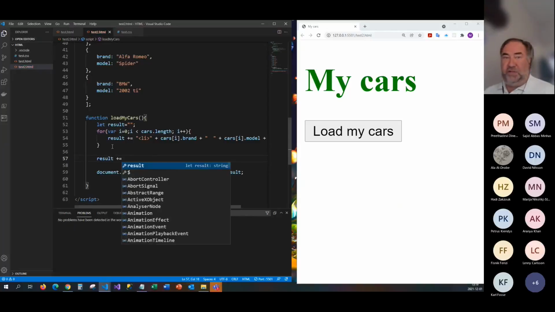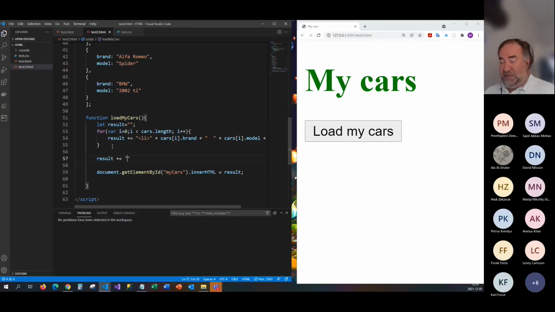Adding some more information, we could have another string. Just do a heading here for presenting how many cars we have, a count on that. Totally,